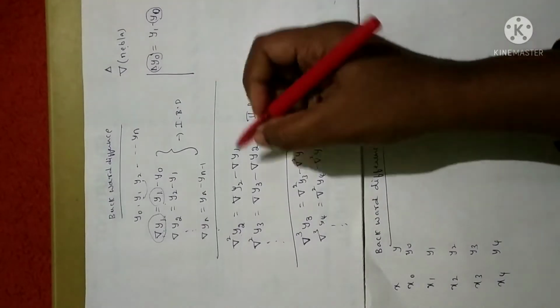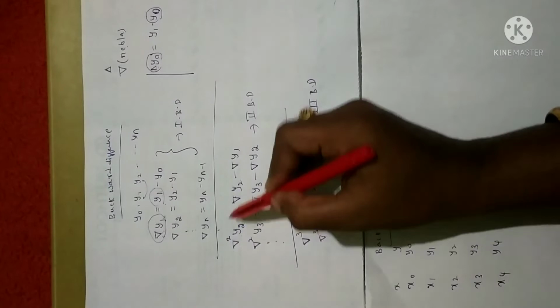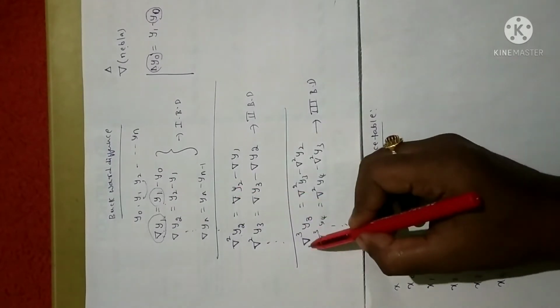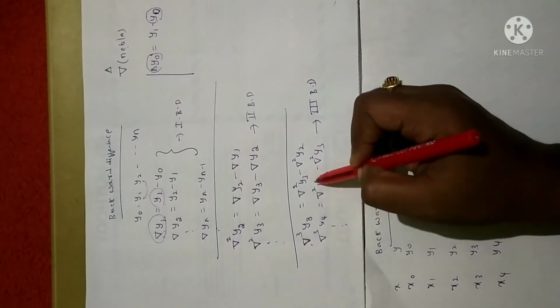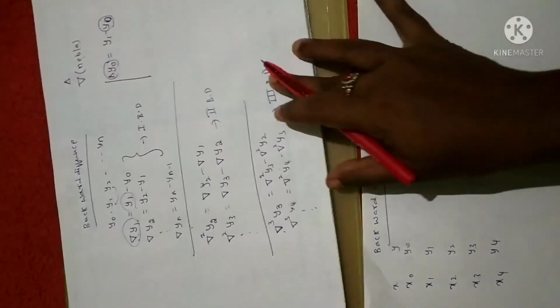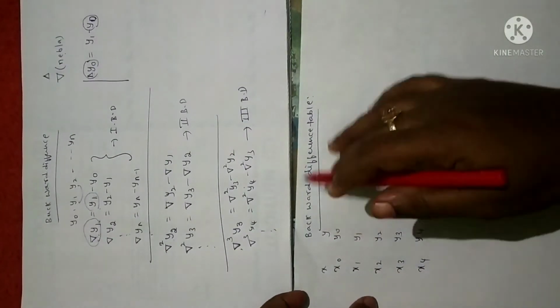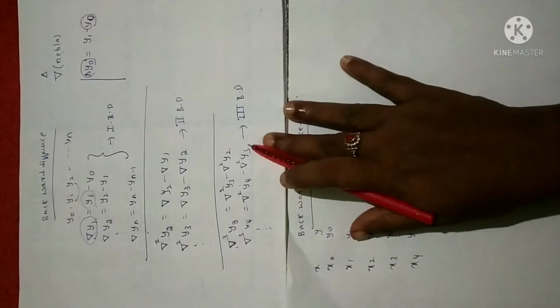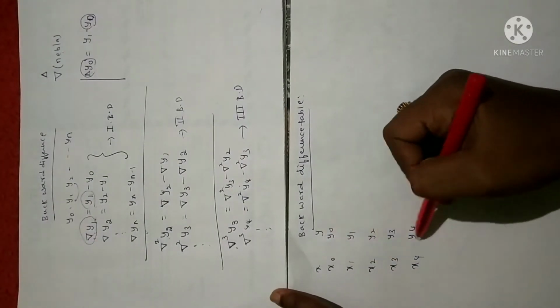And you can note that the second backward difference, reverse delta square, is calculated in terms of reverse delta, whereas the third backward difference, reverse delta cube, is in terms of reverse delta square. Fine. So now, unlike the forward difference table, we are going to construct a backward difference table. So here is a set of x values and y values: x0, x1, x2, x3, x4 are the x values. Y0 values will be given.